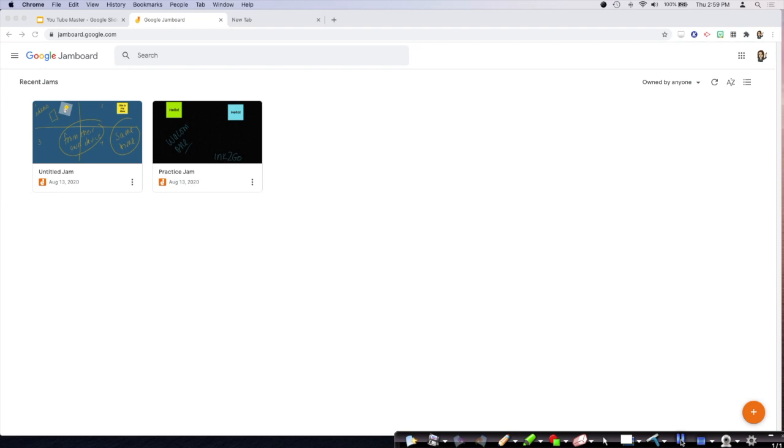So the first place that we are going to go is jamboard.google.com, which gives us the Jamboard extension. And you do want to make sure that you're logged in to the account where you're going to be using your jams. So for example, if you're using your school Gmail account for school jams, you just want to make sure that that's the Google account that you're logged into so that you can see all the jams you've had